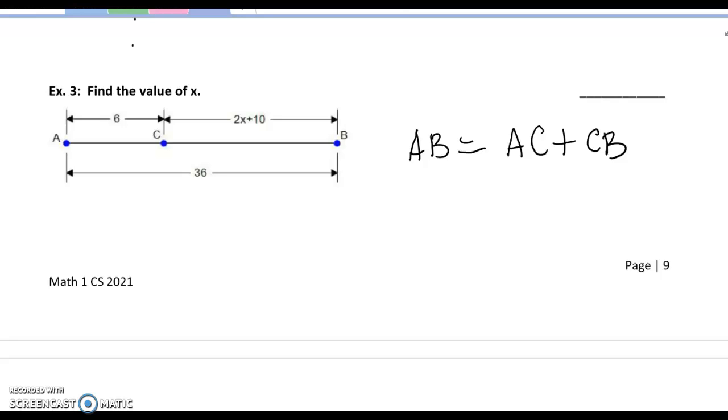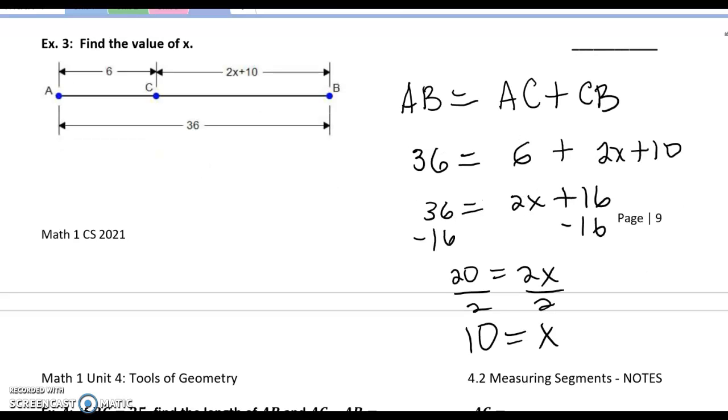Now we're going to go ahead and plug in the given information. We know that AB is 36. We know that AC is 6. And that CB is the expression 2x plus 10. So after subbing those in, as you can see, we have an equation which we can solve for x. And we get x is equal to 10. Okay,